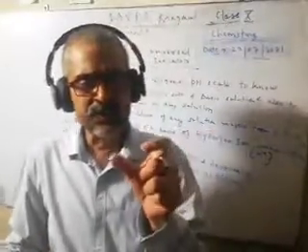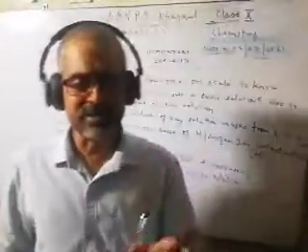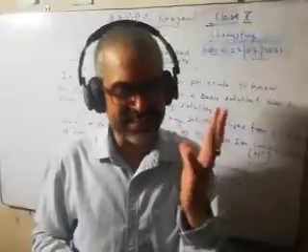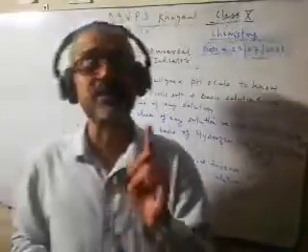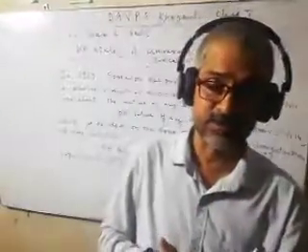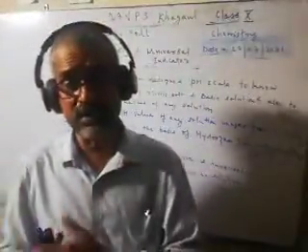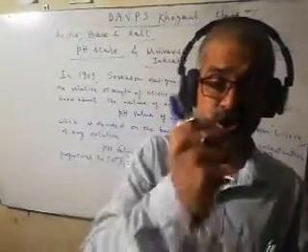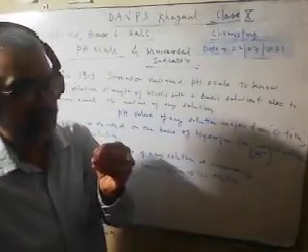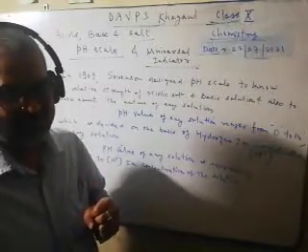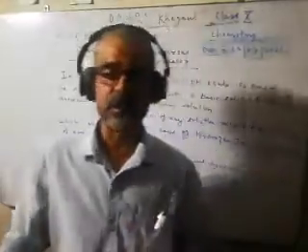Generally the pH value, if it is ranging 0, 1, 2, 3, that is a strong acid. Then pH value 4, 5, 6 represents weak acid. pH value 7, neutral solution like water, like sugar solution, like salt solution, sodium chloride solution. But pH value 8, 9, 10, weak base. pH value 11, 12, 13, 14, strong base. These are the pH values which give the idea of strong base, weak base, like sodium hydroxide solution.